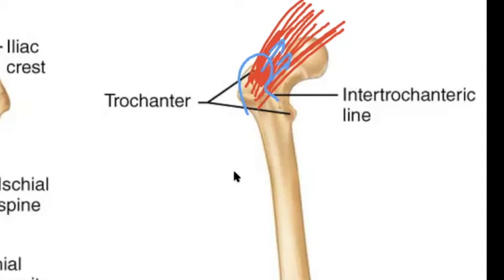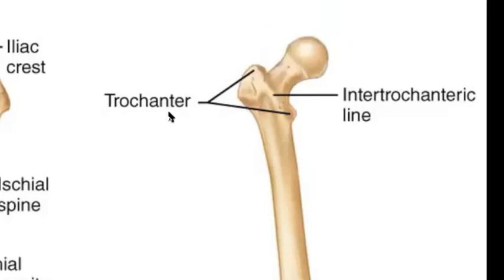If you looked at a kid's bone, like a baby's bone, right, it would be very smooth, right? It would look more kind of undifferentiated over here before they start walking. Once they start walking, right, they start using their glutes, right, and their other muscles that might be attached around here. And then as they do so, these kind of become much more prominent right here, right, as they form